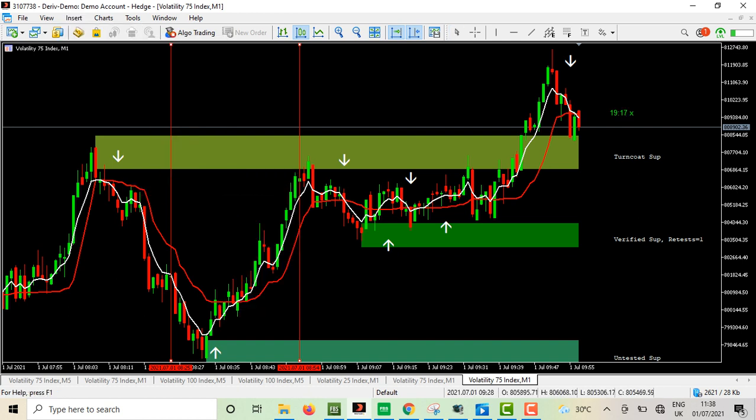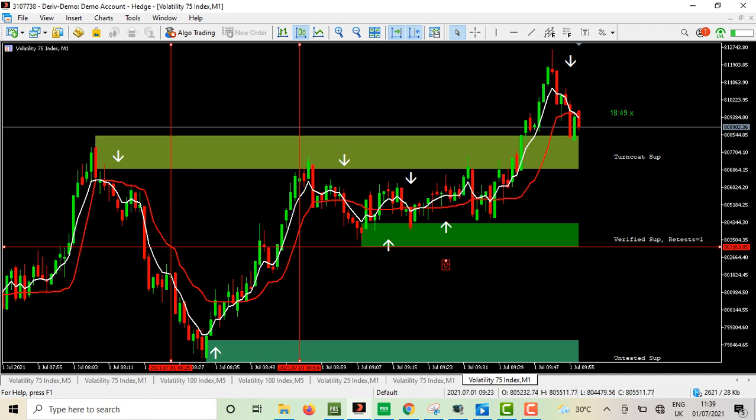So we have a buy at this point here. And then what we do is you trigger your buy order here and put your stop loss below this support zone here, your stop loss here, and you follow the trend. You can target your take profit here, or